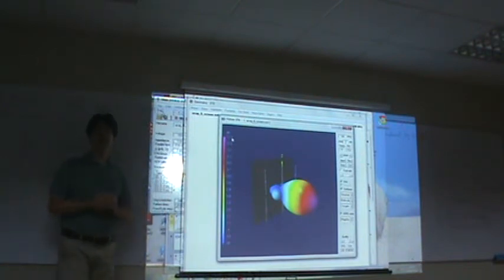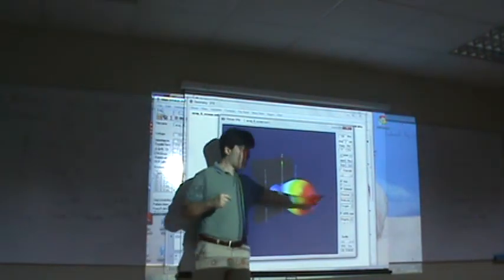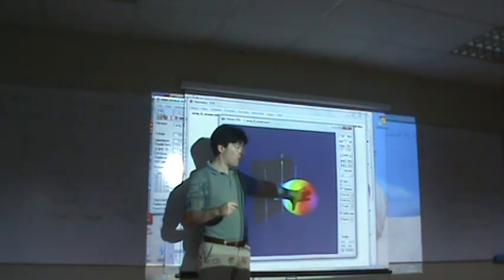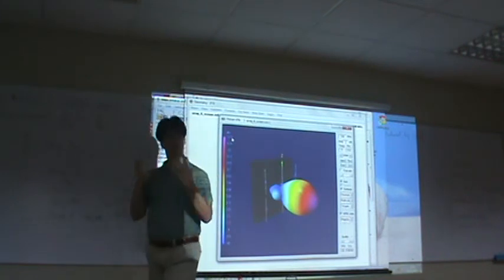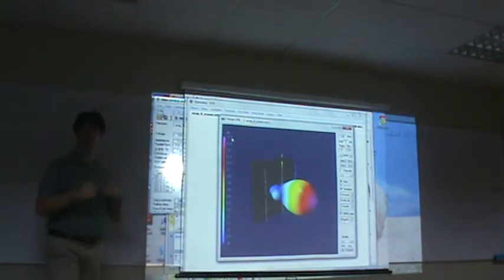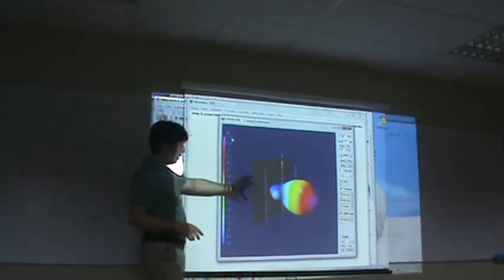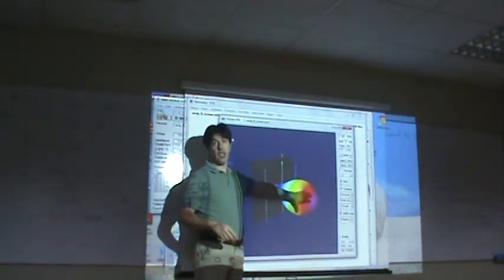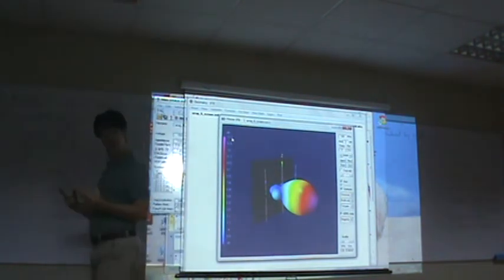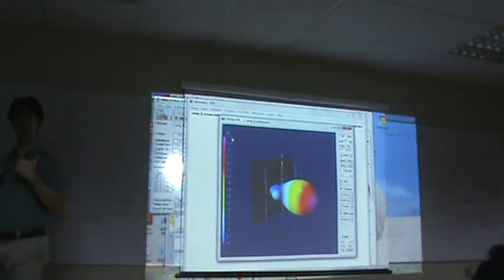20 times means that if you compare, in the direction of maximum radiation, this antenna and an isotropic antenna fed with the same power, the power density generated by this antenna will be 20 times higher, and this is the gain, 20 times stronger than the power density generated by the isotropic antenna. But you are gaining in this direction